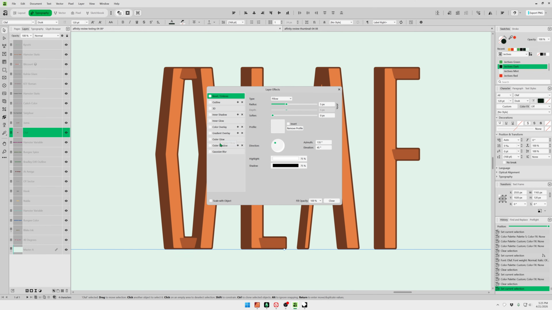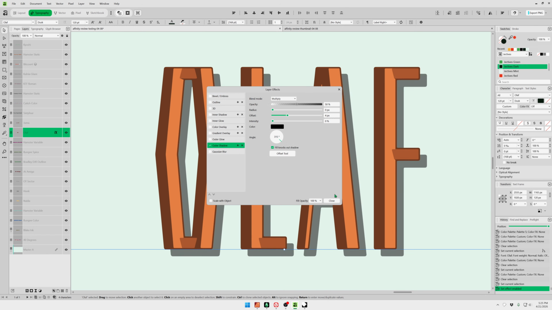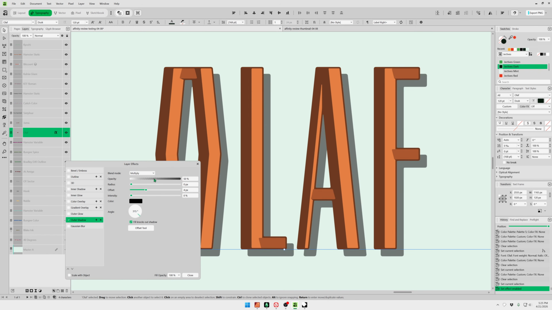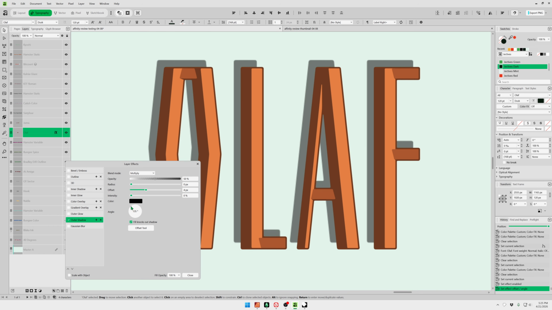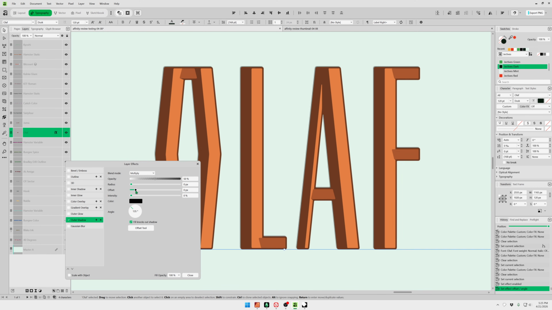Where's our shadow at? Outer shadow. And there you go. You've got your own shadow that you can now move anywhere you want. You could just turn off the shadow completely, move it. Obviously that shadow is offset quite far, but